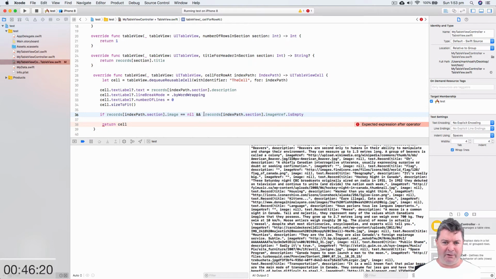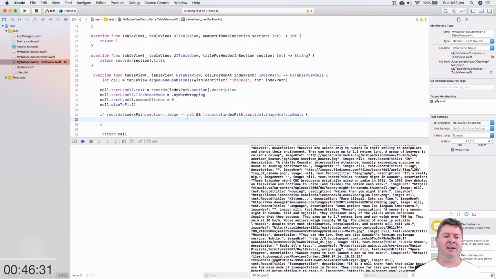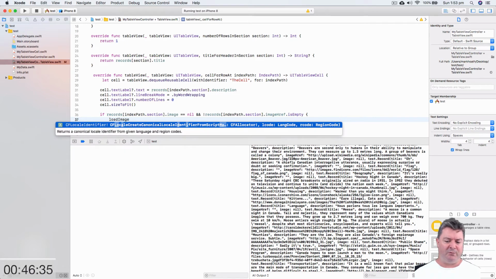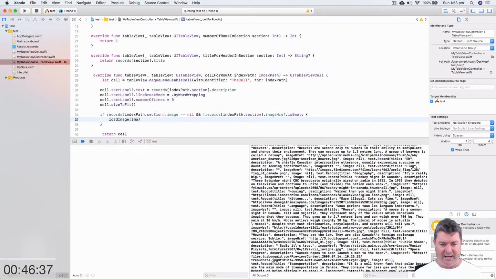So we've got the not here in front, so if it's not empty, i.e. do we have a URL, because some of those were empty back in our database, and so we can't get them anyway. We want to call a function called loadImage, which we're just about to write now, and we're going to pass that the image URL, which is going to be this thing,